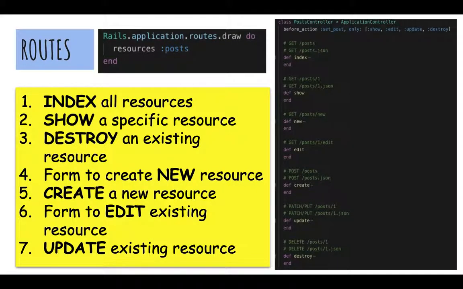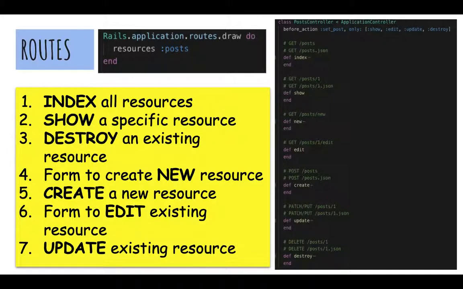So let's look at this in more detail. Here, our scaffold has created resources posts, which is a convention that encapsulates all of these different actions. The conventions of resources allow us to index all resources, show a specific resource, and destroy an existing resource. It also allows us to put a form on the page to create a new resource, and to actually create a new resource. It also gives us a form to edit an existing resource and allows us to update the existing resource